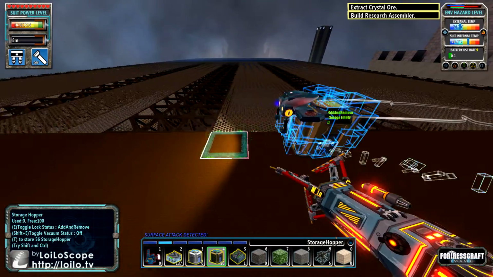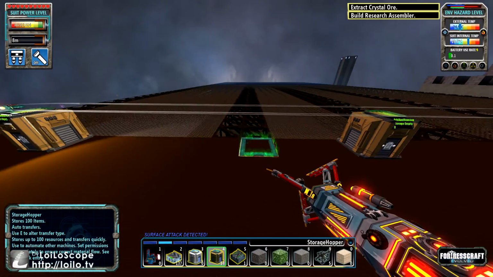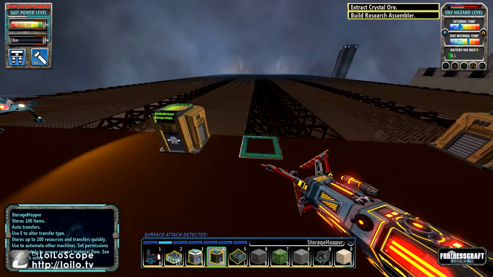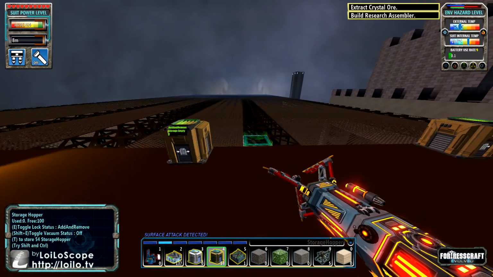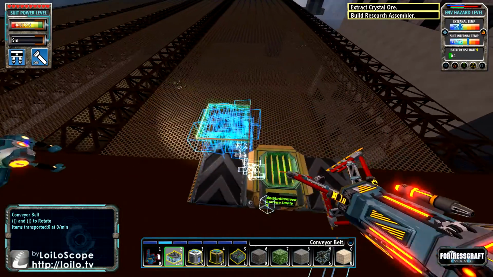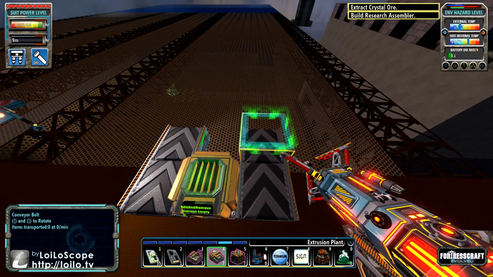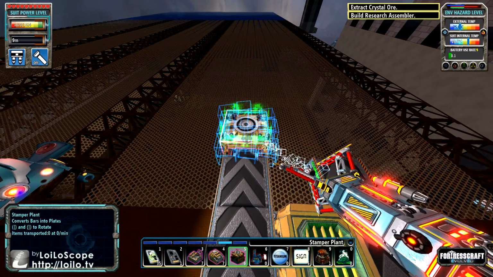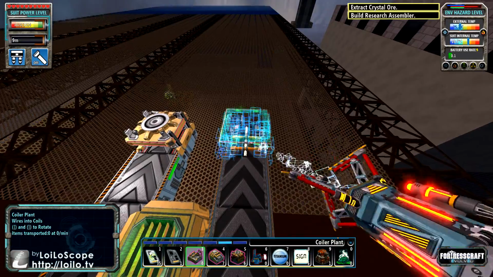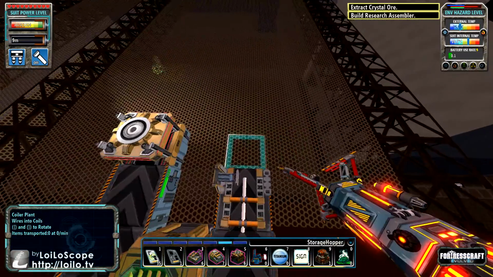Let's see here, 1, 2. I don't really need to separate these like these, but this is just how I'm going to do it for now. I'm going to design everything to look a little better in a little while. But for now, we'll do the copper and all of his buddies. Stamper, coiler. Oh, you know, coiler is going to go here because I actually want to